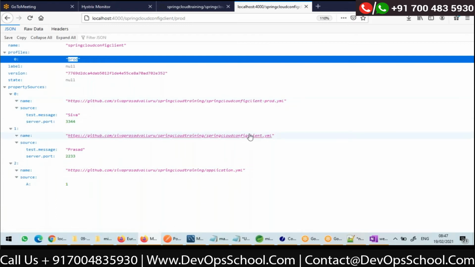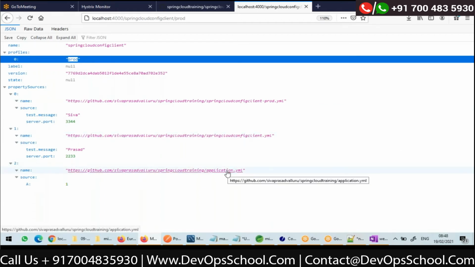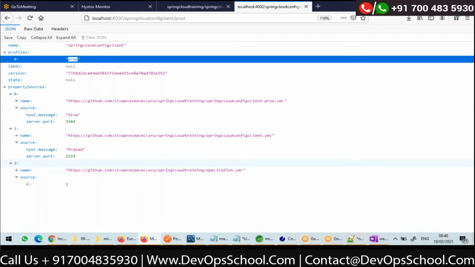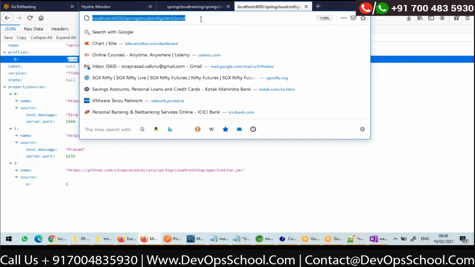This is the YAML specific to the default profile, and this is for all, application.yaml. So it is giving me all the property sources, right? So that's how Spring Cloud config server is exposing a REST endpoint, and microservices can fetch their configurations by giving a request similar to it.